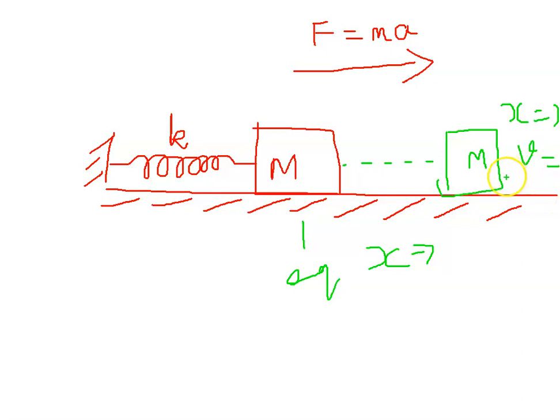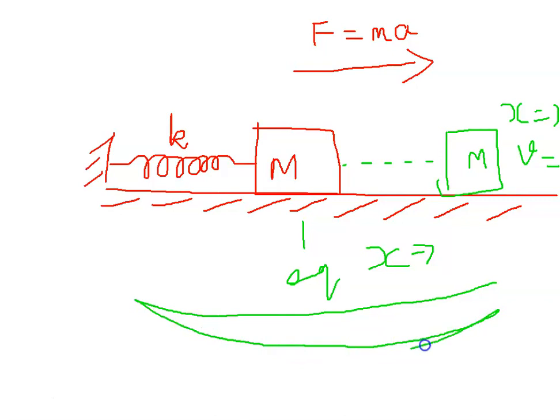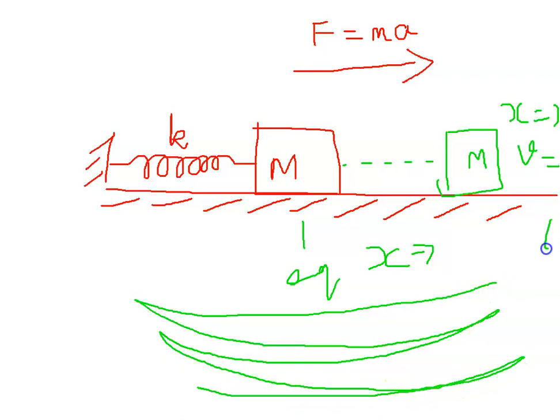Let us say I am going to count the oscillation from this point. When I release the mass, it goes toward the equilibrium position and the spring shrinks. Again it comes to the maximum displacement, and again it springs like this. This is how the oscillation happens. At this point t is equal to 0. These are the parameters you should remember for the derivation: at maximum displacement, velocity is equal to 0 and t is equal to 0, because we count the oscillation from this point.